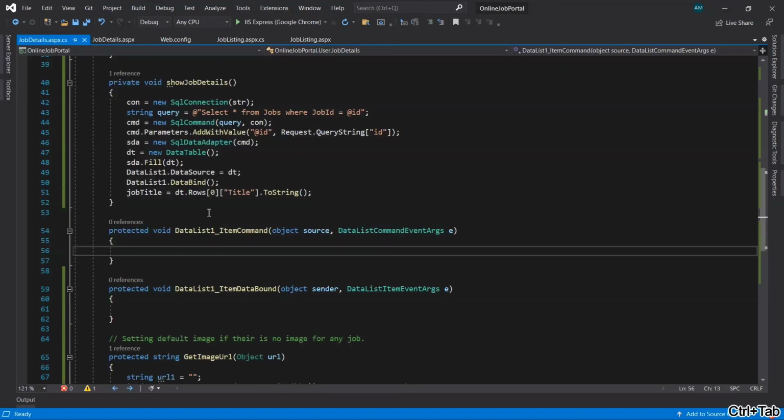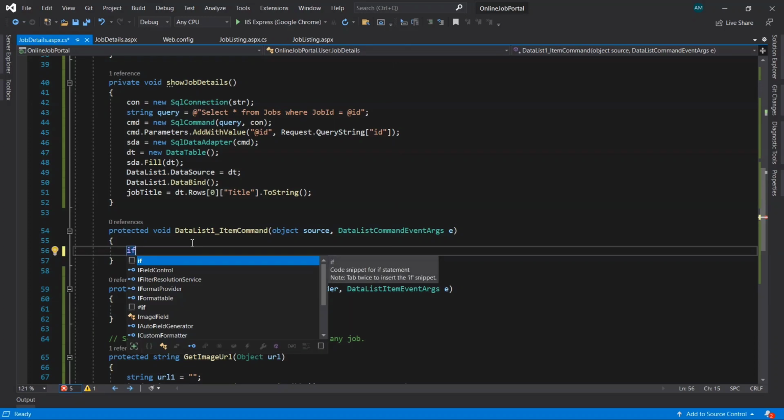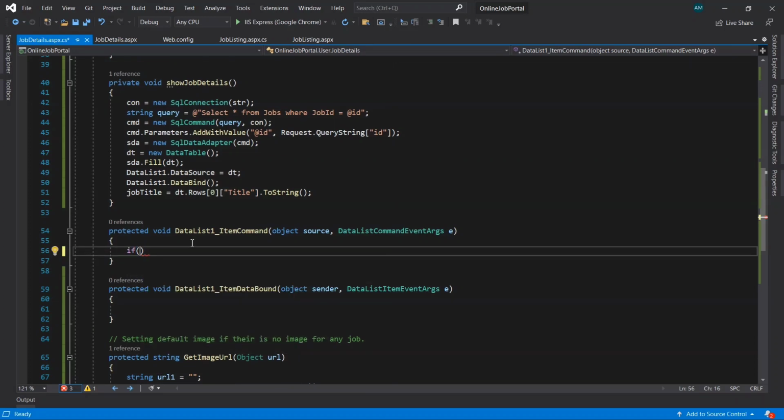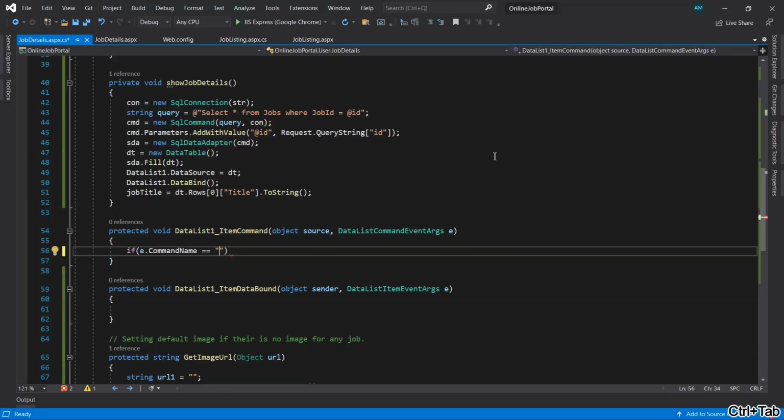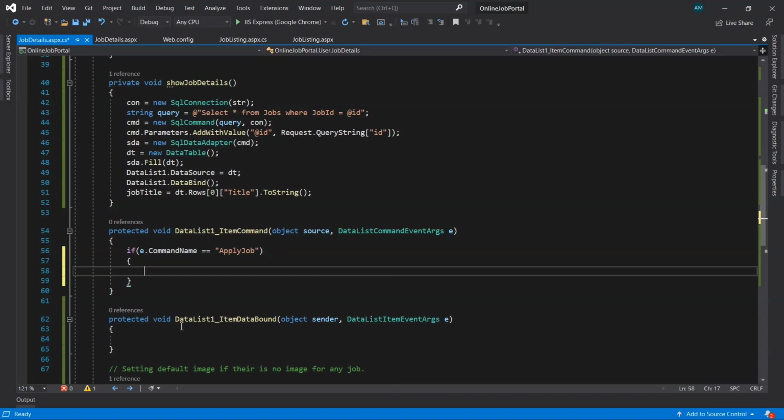For that, the item command event will first check whether the command name, that is e dot command name, is equal to the name that we have given in the design page, that is apply job. Copy from here and paste it here. If it is the same, then it is going to allow execution to pass into this if block.